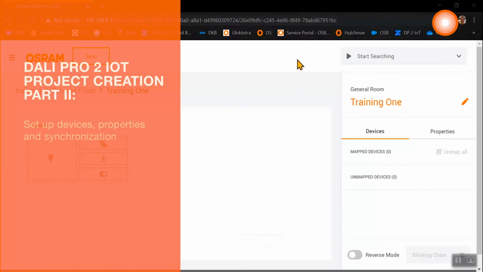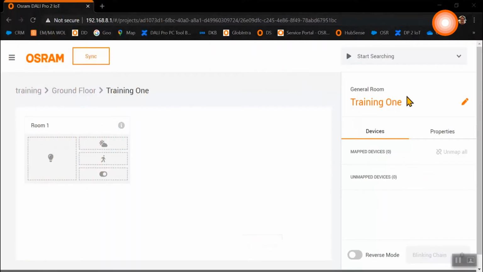And today we are showing you the new DALI Pro 2 IoT. Now we want to map our devices, and for this we need to start the device search.